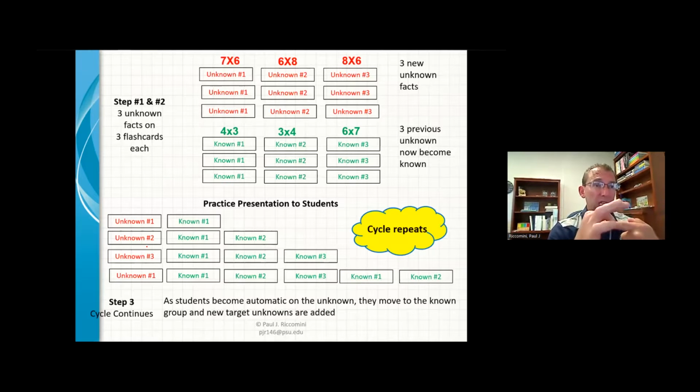For that struggling kid, think about a kid with a learning disability, or he doesn't have a learning disability but there's struggling occurring, verbalizing the fact is going to be beneficial.